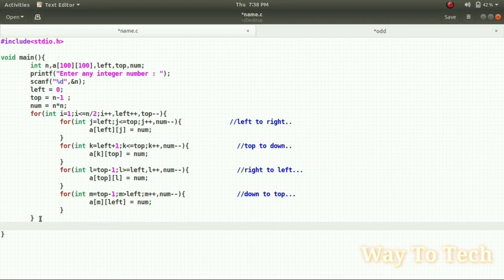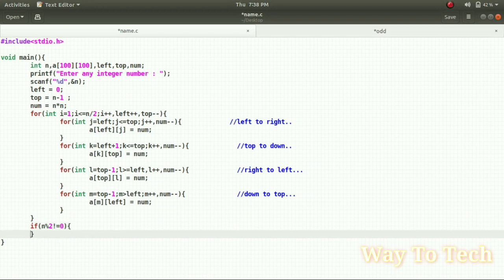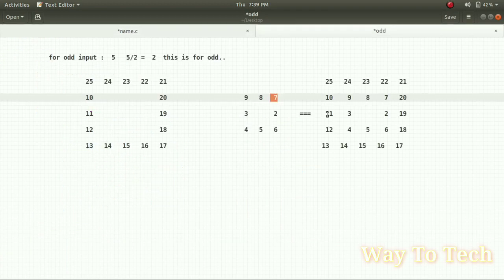And next we have to write the code for the missing number for odd input, that is the number at the middle place. I am writing the condition if n modulus 2 not equal to 0, that means the entered input is odd. We have to assign a number for the middle one, that is a of n by 2, n by 2, which means the center position of the pattern